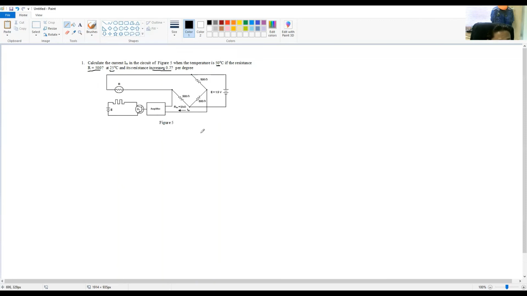So we have R equals 500 at 25 degrees Celsius, and we increase 0.7 ohm